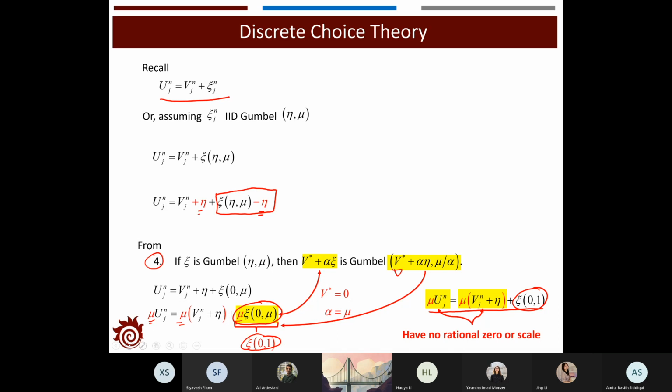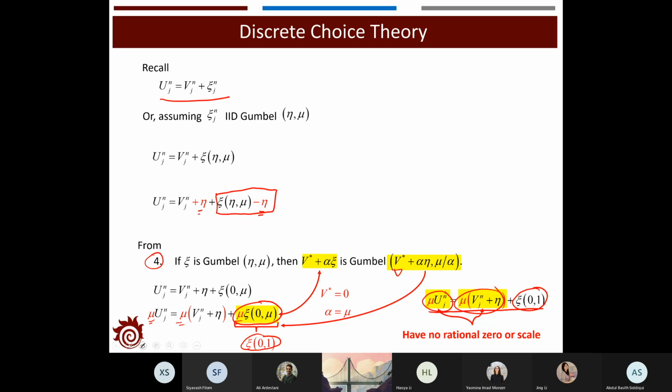What we want is making a comparison among multiple utilities. So the absolute value of these will be less important. So in this case, we can just redefine the utility as mu times uj, and